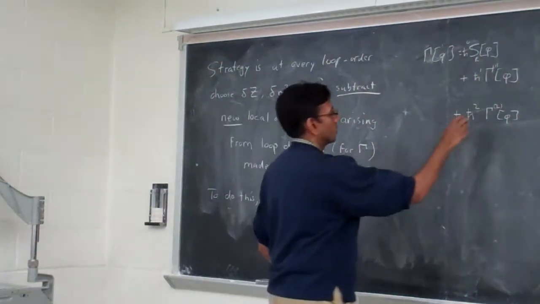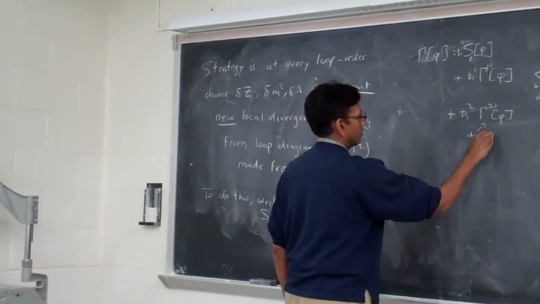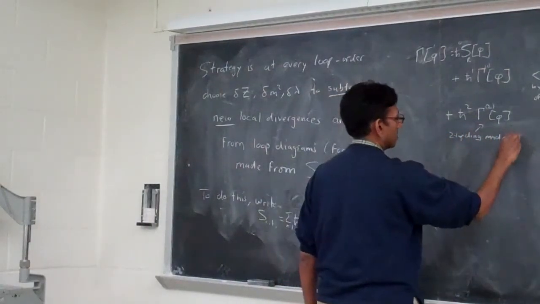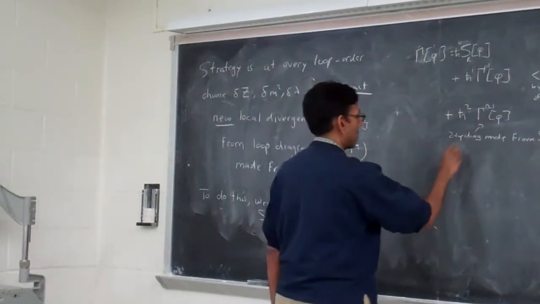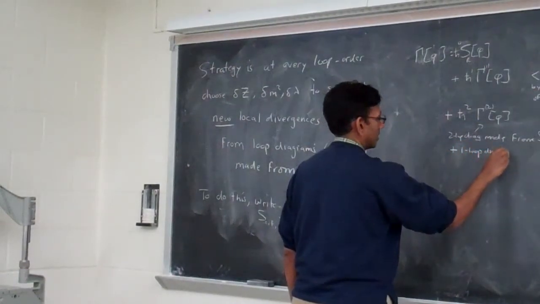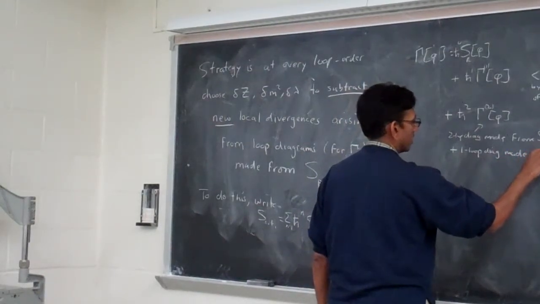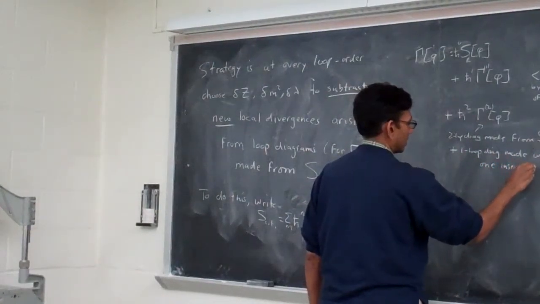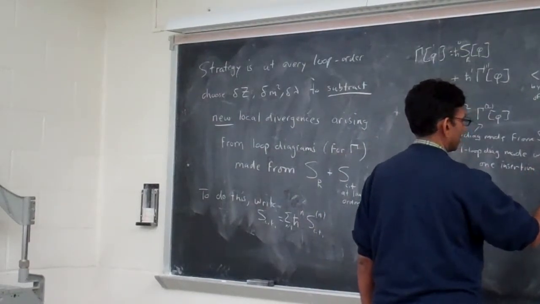And this thing is, so this thing is diagrams made, so two loop diagrams made from S renormalized vertices plus one loop diagrams made with one insertion of S counterterm